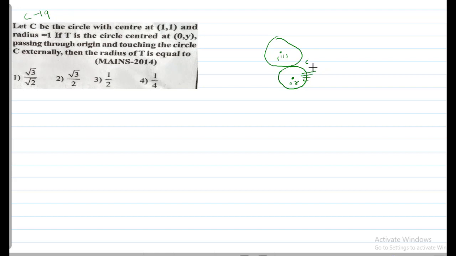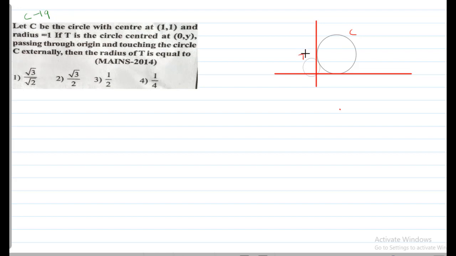So I want to draw the actual diagram, Nana, to solve the problem. Yeah, okay students, I can say that this is the exact diagram of the given problem. So this is circle C, and this is circle T. C is the circle with center at 1 comma 1. Observe here, this center is 1 comma 1. Interesting thing is the radius is 1 and center is 1 comma 1, means this circle touches both the axes, means both the axes are tangent to the circle C.